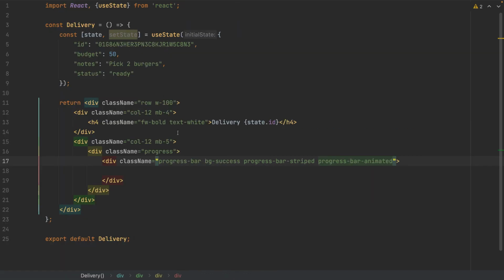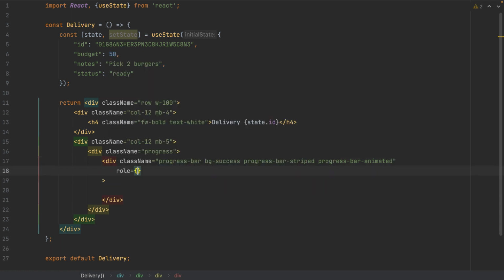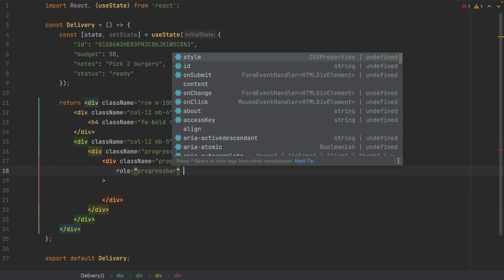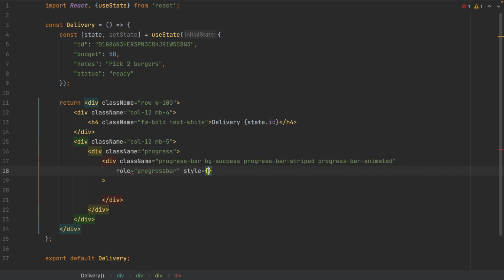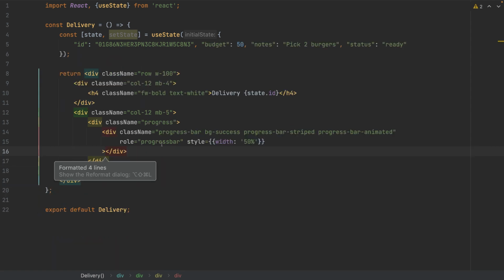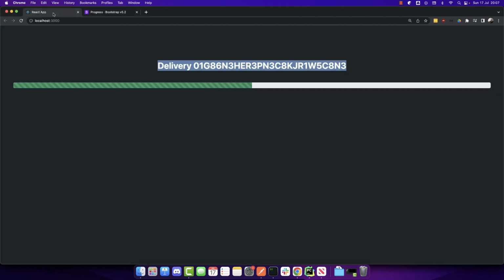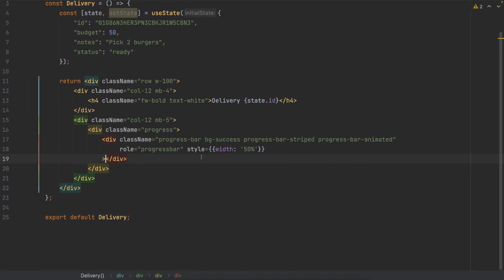I will close this part so we can see more code, and then I will add a role which is progress bar. Then we need some style, which we need to add only the width to 50%, like this, and we need to close the div. So this will look like this. So as we can see, the 50% of this bar looks like it is in progress. So we need a second one,